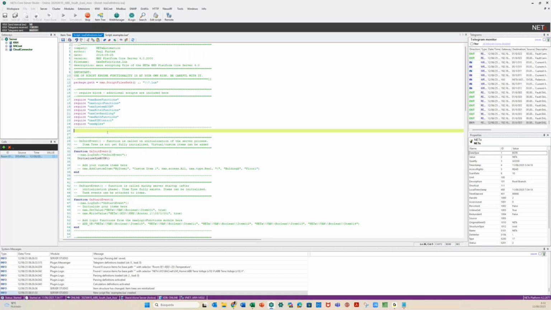So this main file is helping us to understand what is the process of the Lua scripting in the BMS. There are some specific events when the server is starting and creating the item tree, and this is important to understand. For example, there is an onInit event that is critical. The onInit event is the initialization of the server process. The item tree is not yet fully initialized, so